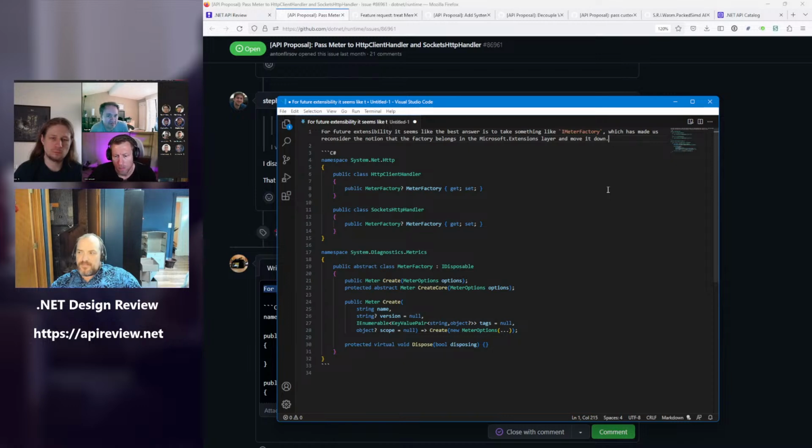I'll stand by my assertion that I don't care. I do think it's easier to understand that IMeterFactory exposes a create method, and so you implement a create method. You walk up to a meter factory and you have to do a little work to figure out what you're supposed to override.